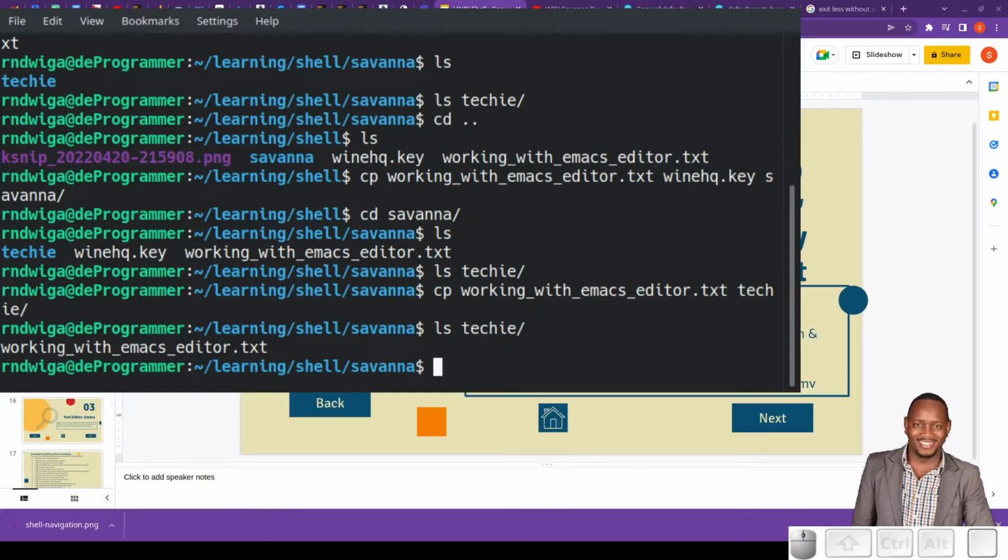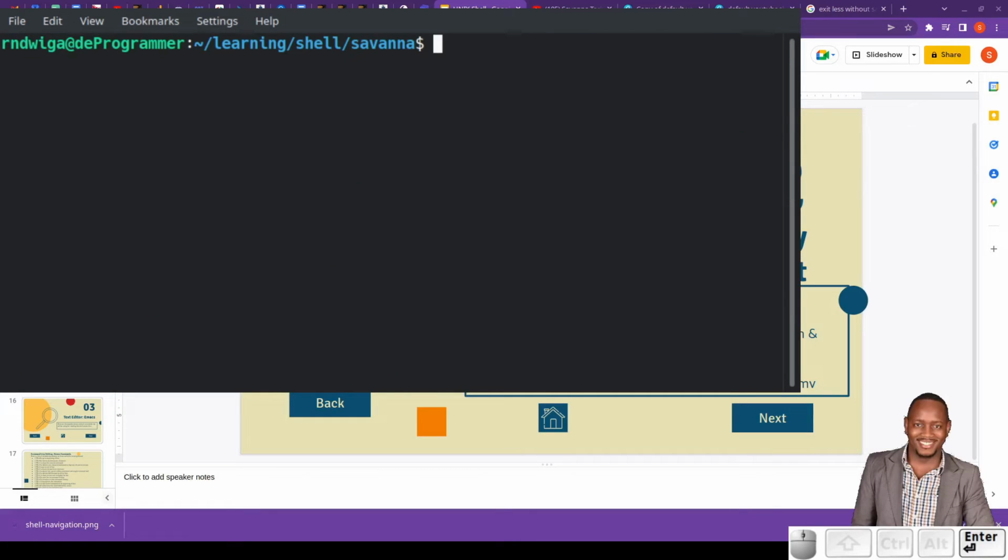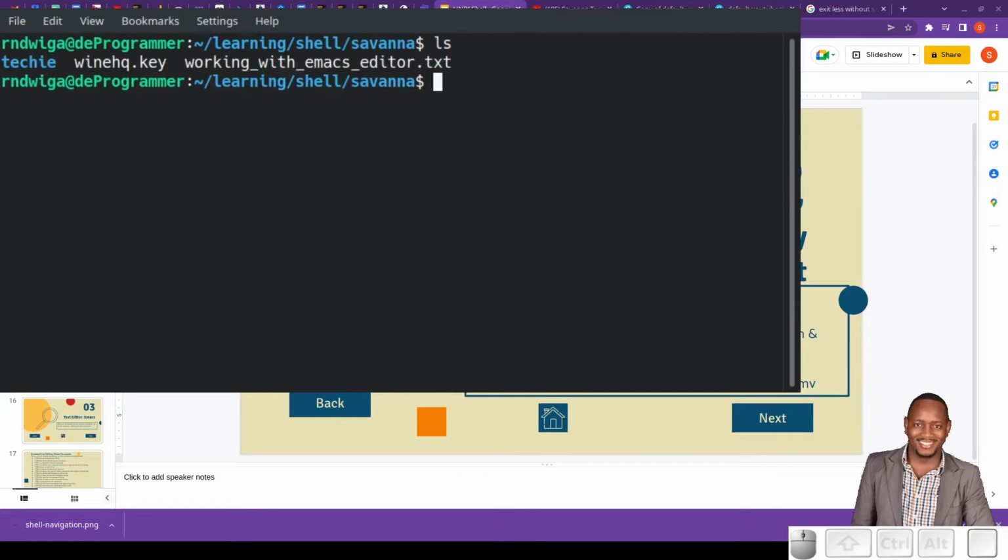So how do we safely invoke the command cp? Use cp -i. Let me first list the files themselves for clarity. Let me clear, and then ls. So we use cp -i, meaning we want to copy in an interactive fashion, and I want to copy the WineHQ file and working with Emacs, these two files,